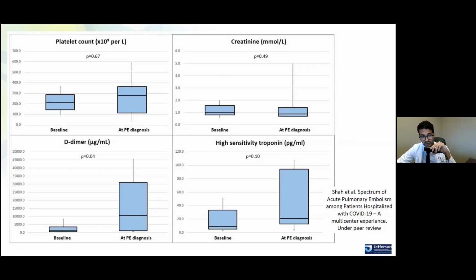So I think it's a tool that you can use to trend and sort of tease out if there are patients that are high risk. Unfortunately, we couldn't find a cutoff where we could get adequate sensitivity or specificity because of the lack of data and sample size. Troponin was another one that seemed to trend with possibly development of PE down the line.